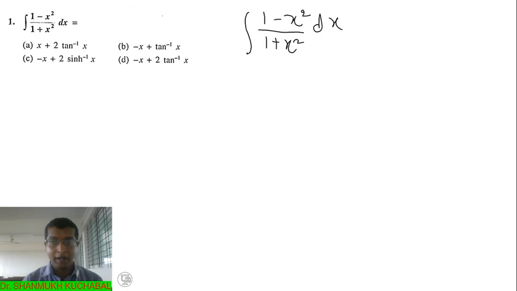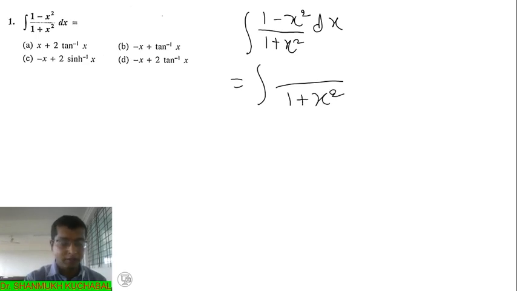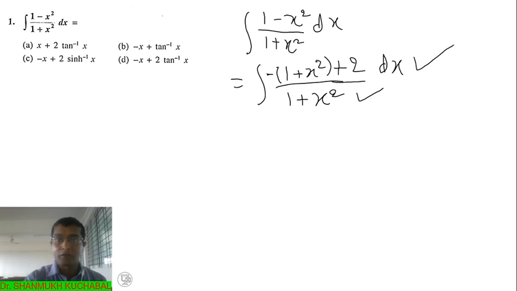So we have to find the integration of this. The denominator is 1 plus x square, so once again I take it in the numerator, that is 1 plus x square. Further, it is minus x square, so outside I multiply by a minus sign. So minus x square we get, but here it is minus 1, we want a plus 1, so I add 2 here. So what we have done here is, according to the denominator, we have balanced the numerator. Once again we have written it in terms of 1 minus x square.